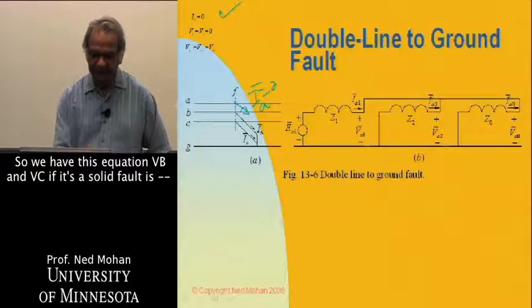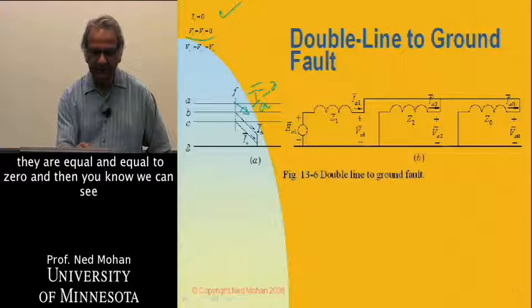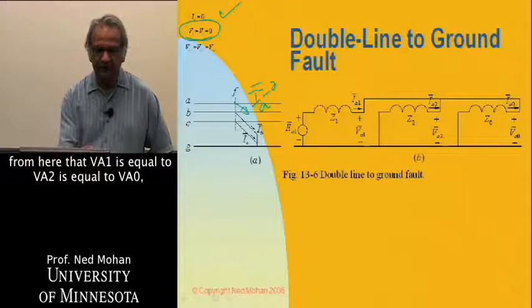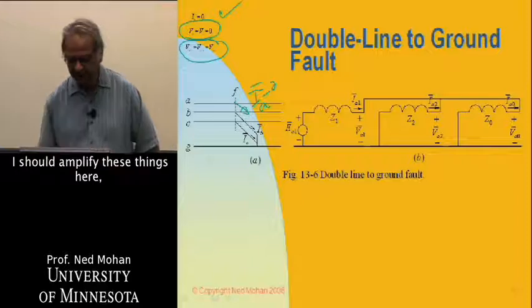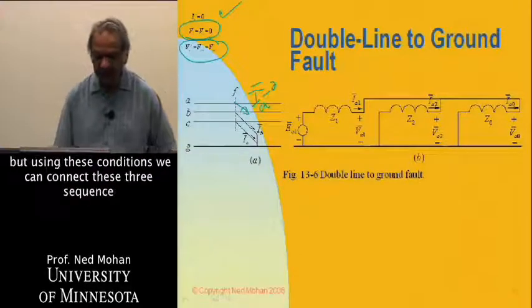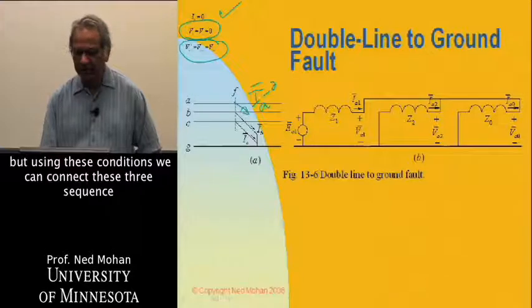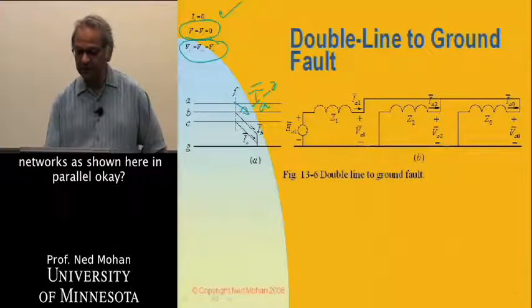VB and VC, if it's a solid fault, are equal and equal to 0, and then we can see from here that VA1 is equal to VA2 is equal to VA0. I should amplify these things here, but using these conditions,